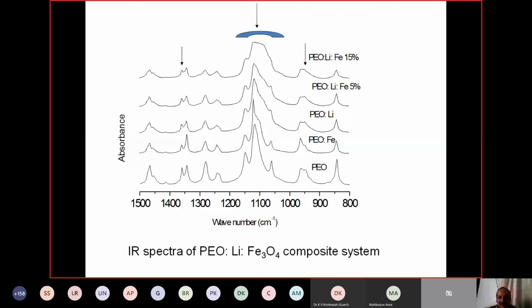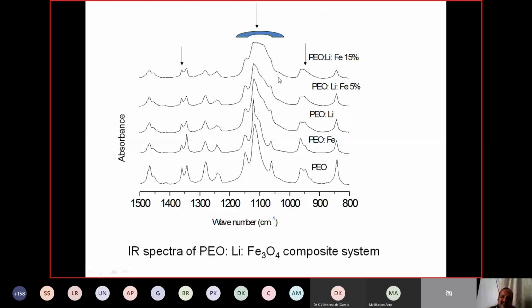That means the network is forming between the polymer, nanoparticle, and also lithium ion. That means coordination is taking place between these three components. So because of that, what's happening is its crystalline structure is changing. That means the structure is being disrupted, so the crystalline nature decreases. When we decrease the crystalline nature, the amorphous nature automatically increases, which is an important property for the ion transport.